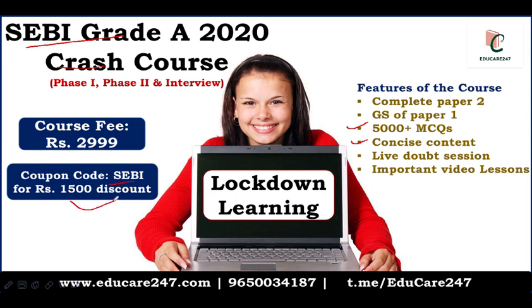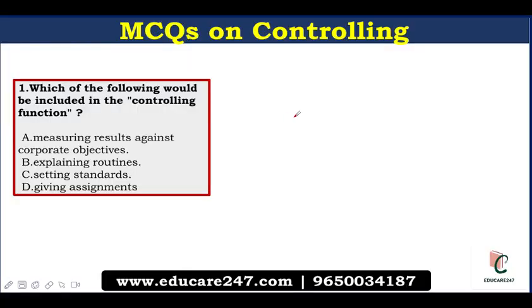Now before moving forward, let us understand more about controlling. Controlling is the process of evaluating actual performance and, if necessary, taking corrective actions so that the performance is in accordance with the planned performance. Controlling as an element of management process involves analyzing whether actions are being taken as planned and taking corrective actions to make these conform to planning.